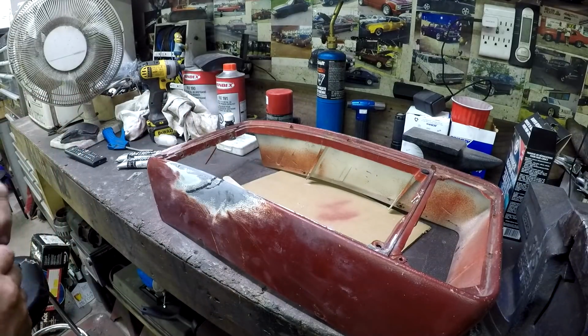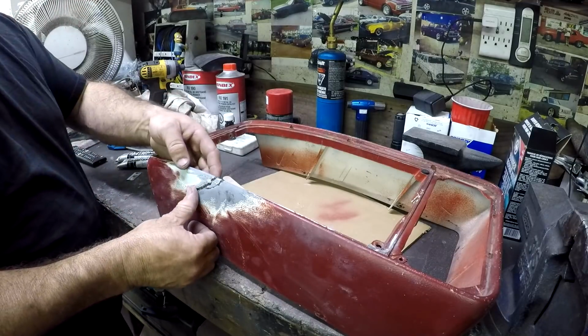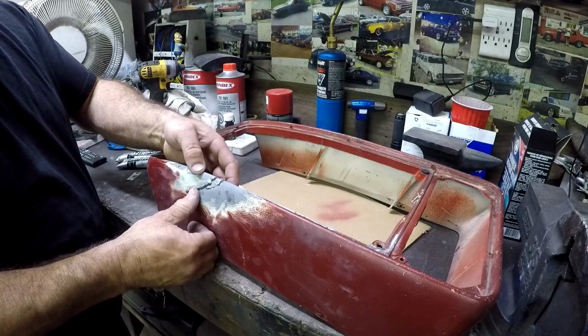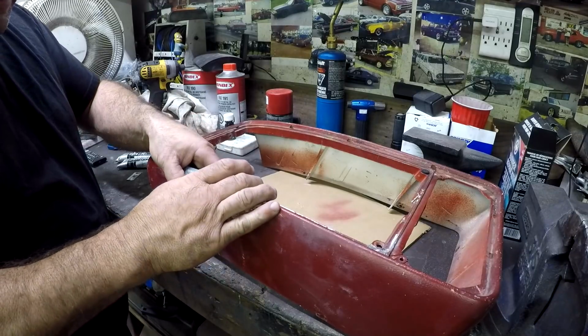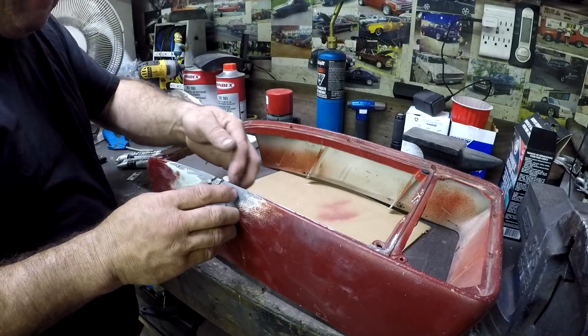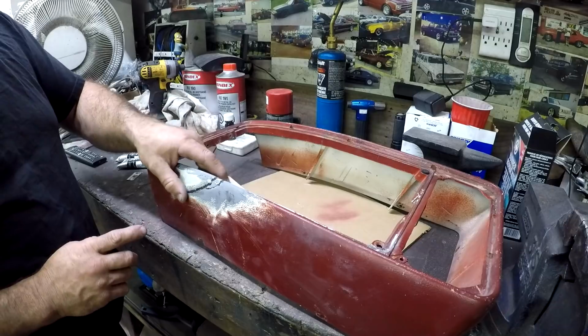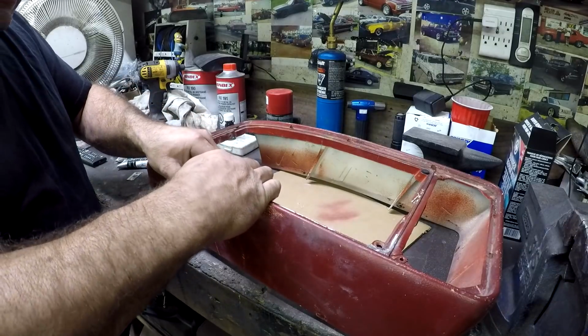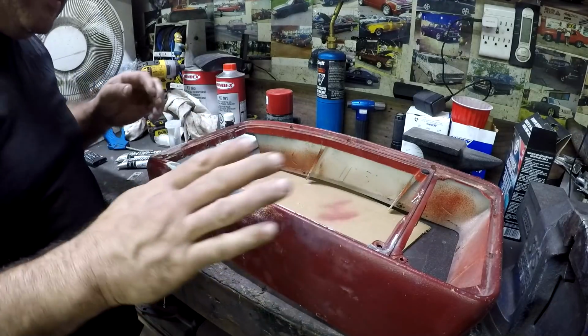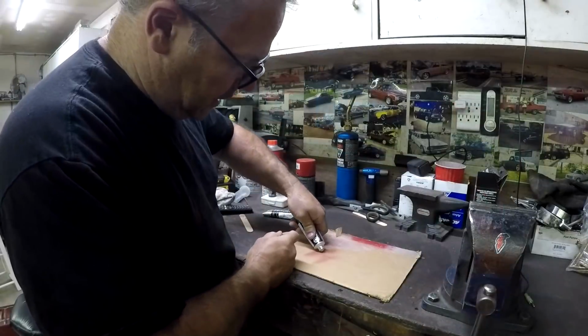Okay, so I kind of, not messed up, I still got it all together. This is a little not exactly in the right spot, but that's okay. It's all nice and together up here where it really matters. Here I can just kind of sand this flat, and that just leaves a little room to put the epoxy on. So now we'll let that dry for a bit, and then we'll mix up the epoxy and put the epoxy on. Just like JB Weld,